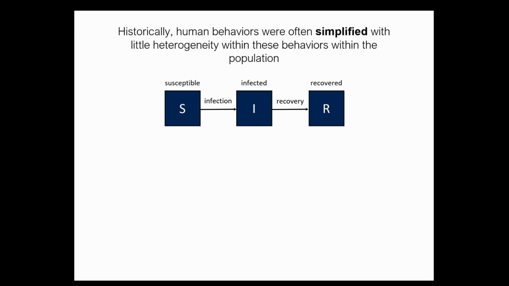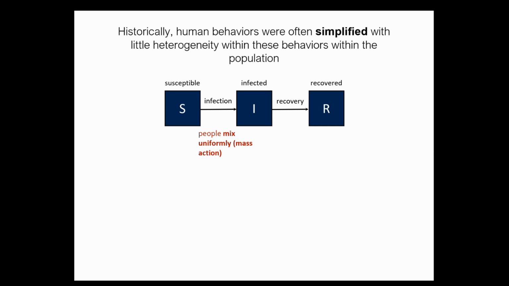So the most classic example is you have people susceptible, infected, and then recovered. This is the SIR model that during the pandemic was even on the news, which was strange, where you have people who might get the disease, have the disease, and then are able to recover from the pathogen. So this is the core of a lot of infectious disease modeling historically, and still, a lot of models are based on these simple assumptions.